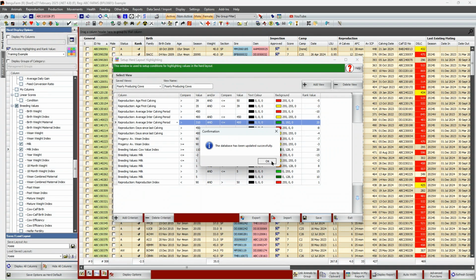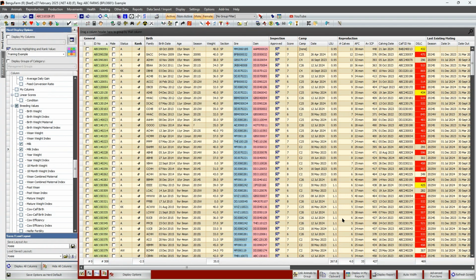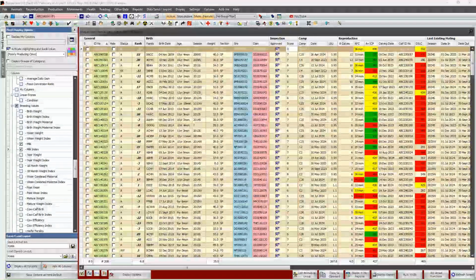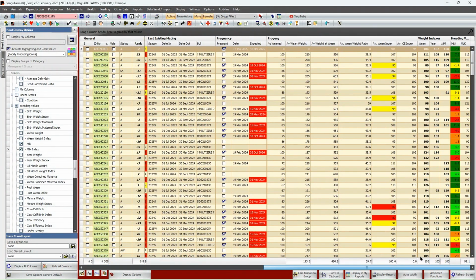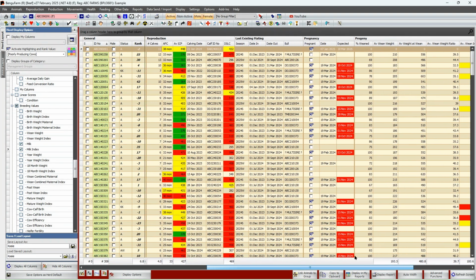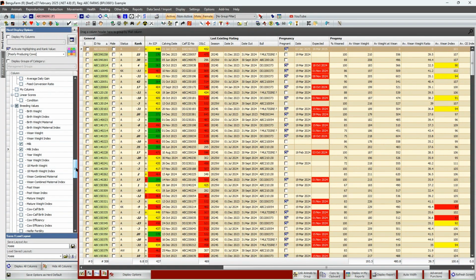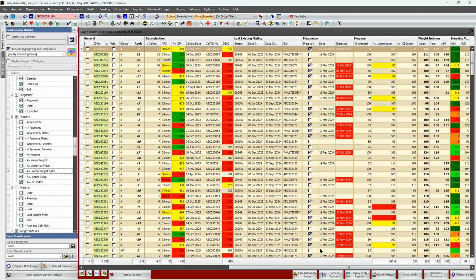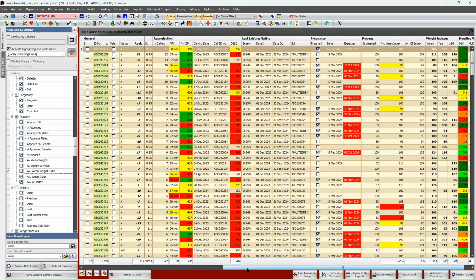So I'm just going to save the changes and go to the main screen, and I'm going to select poorly producing cows. What you immediately will see is there's much more color on the screen. This is because this herd highlighting is set up with more parameters. If you go to the right-hand side, there's also your milk values that we highlighted. Let's see if we can fit in everything. I'm just going to remove one or two of the columns so that everything fits onto the screen. Let's do it like this.